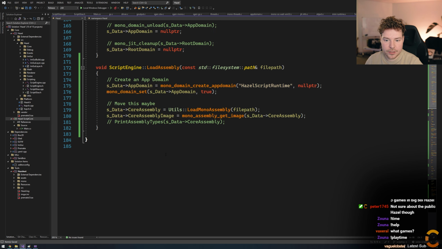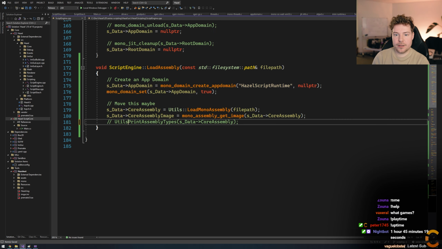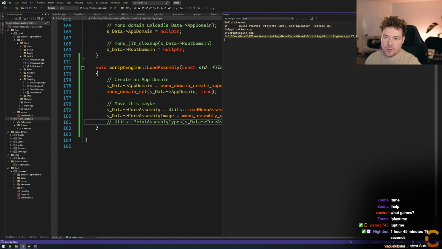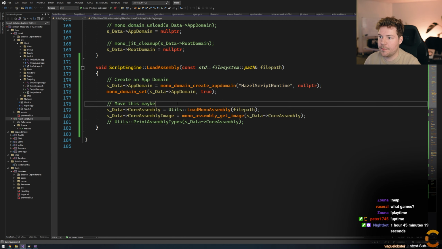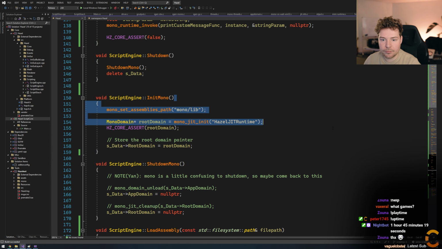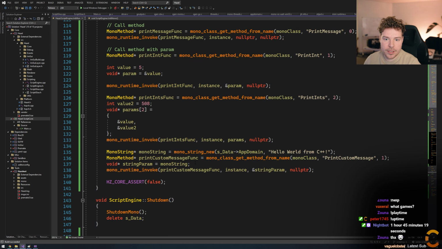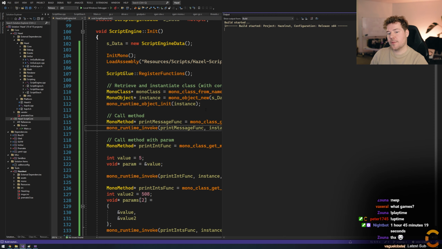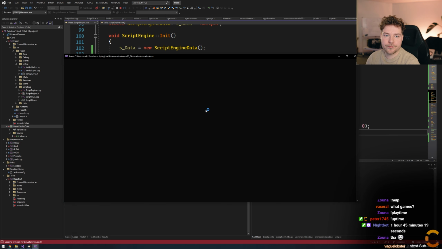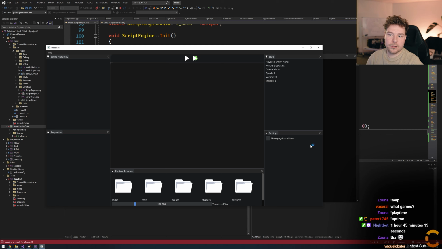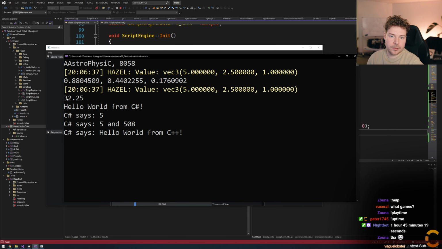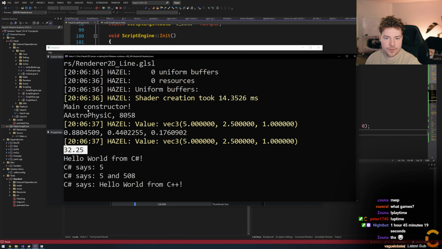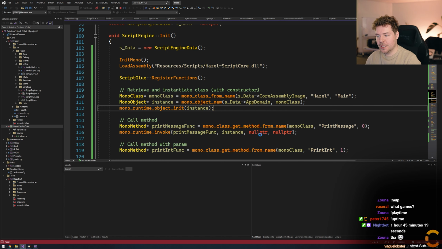I just want to go back to where we were doing that in case people want to play around with that. Okay, that builds. Great. So back up here then. Let's run this and make sure that we haven't broken anything. Yeah, that looks good. We're still getting our dot product and everything. Astrophysics is still here. Cool. All right.